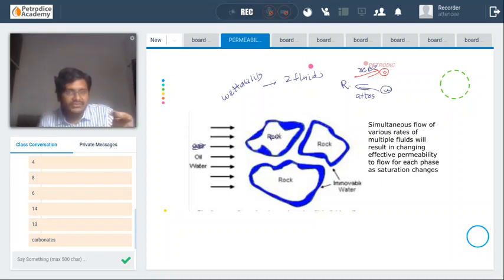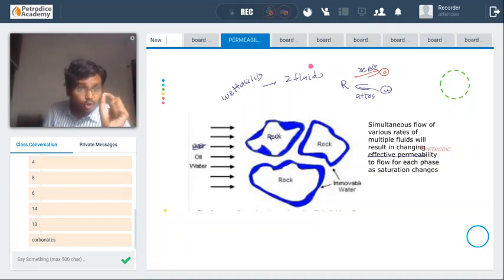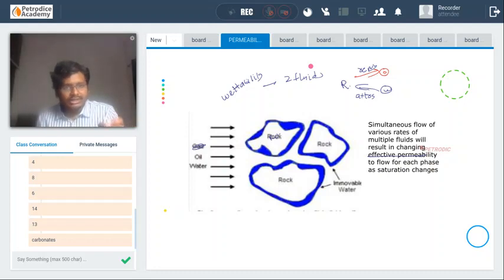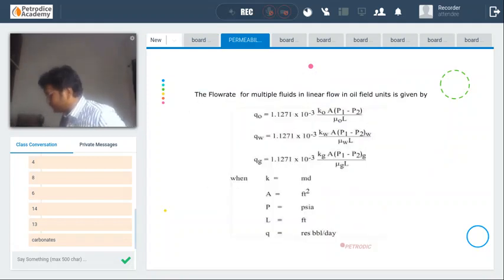This is the way in which the wettability of the rock affects the effective permeability of a formation. Don't worry guys, we will discuss it with more clarity in the next classes. Just try to understand as much as possible. Next is the saturation changes. If you send 15% water and 80% oil, no water will come out because the 15% water will get accumulated on top of the rock. Only 100% oil will be coming from the other end. We will discuss it. There is a graph for that. We will discuss it one by one.